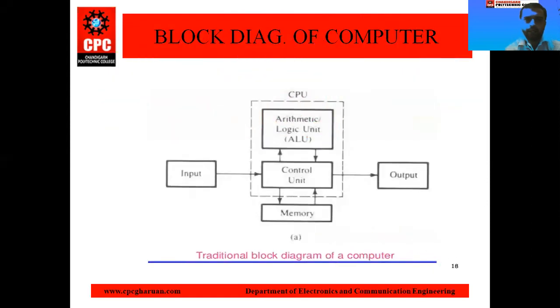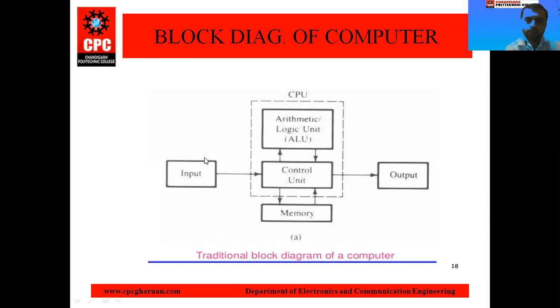First is the block diagram of your computer. The basic block diagram of a computer is as shown on your displays, laptop or mobile phone, whatever devices you are using for your lectures. In this block diagram, there are different parts. First is the control unit and ALU, then input devices, output devices, and memory. The control unit is the microprocessor, which is used to control all operations of your computer. ALU is used to perform arithmetic and logic operations.